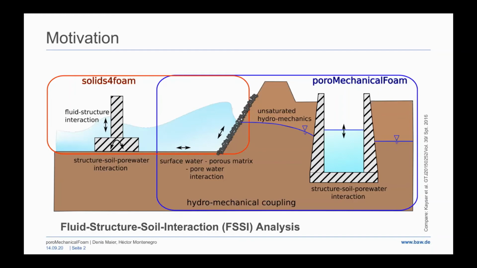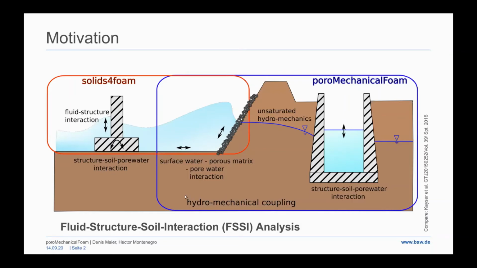And there's already a really good tool to do that. It's called Solids for Foam. And there are a lot of good tools in here. But there is one thing missing in the picture, and that is the material that our river beds and the embankments are made out of. And that's the porous material that's called soil. And to